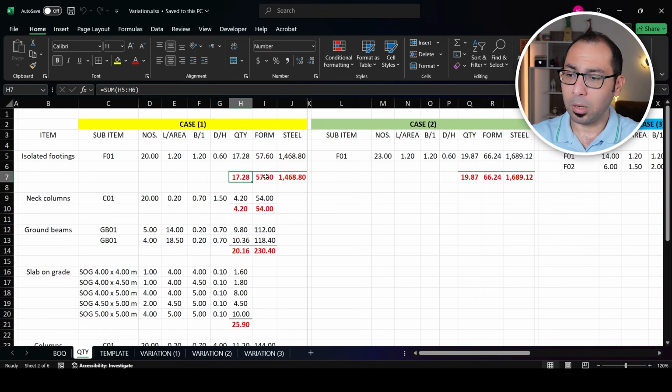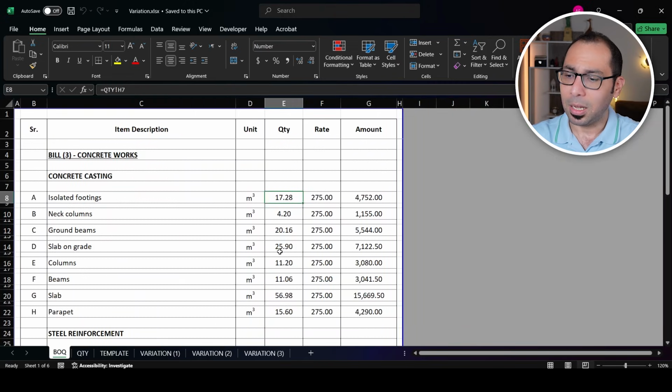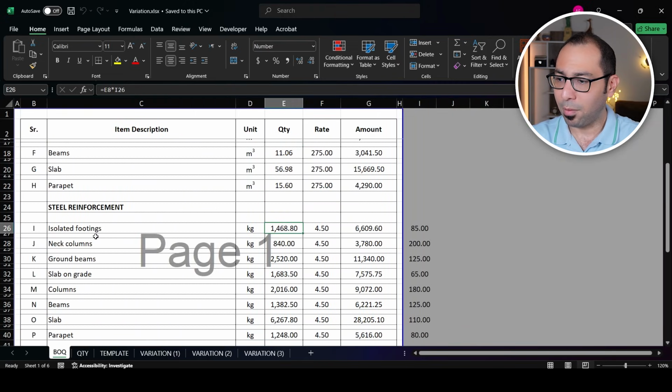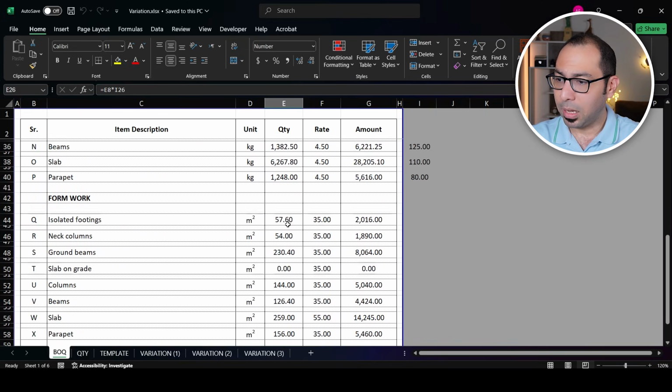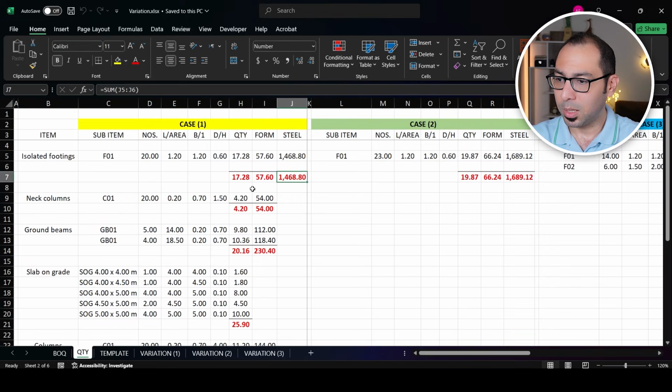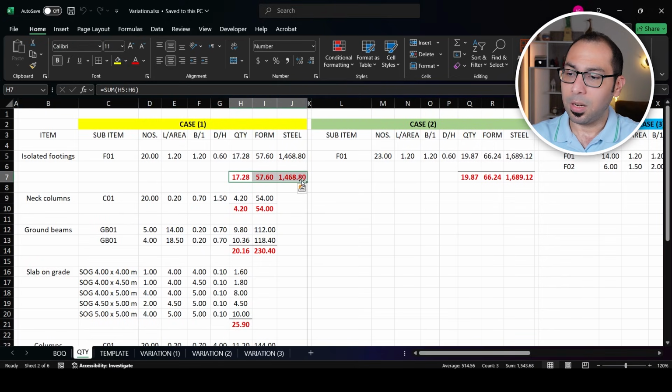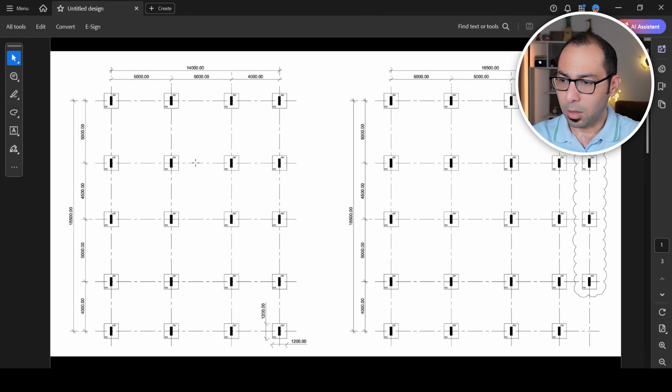And I'll also calculate the quantity of the formwork and the steel as per the contract drawing. So I'm getting these 3 numbers here. And let's say, again, we are fortunate. It is the same numbers in the BOQ. I have here the isolated footing 1468.8 and the formwork 57.6, which are the 3 numbers that I am getting here. So in that case, if the variation is, as we saw here, from 20 footings to 23 footings,